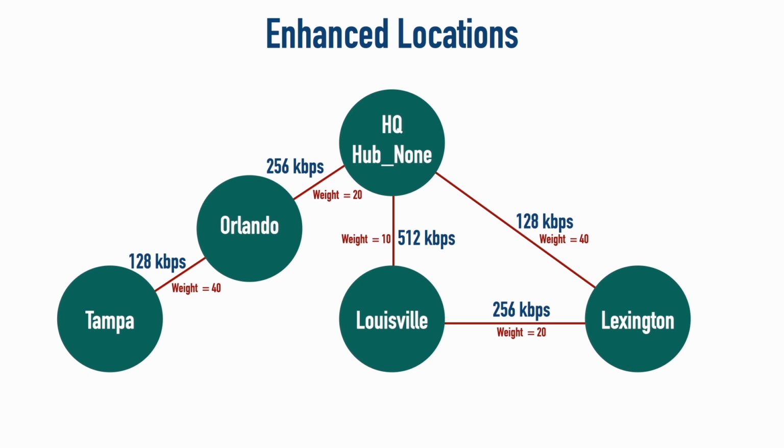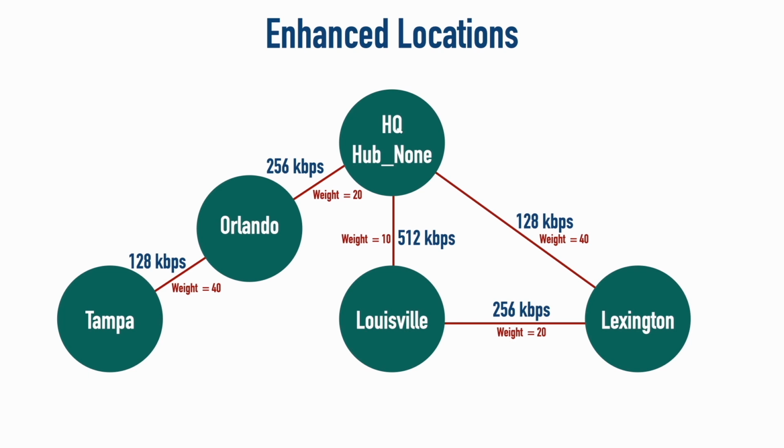And here I'm assigning a weight of 40 to that 128K link between Orlando and Tampa, and a lower, more attractive weight of 20 between Hub None and Orlando. And I won't read the rest out, but you see the higher the bandwidth, the lower the weight. Now, based on this, if I wanted to go from the Hub None location to Lexington, I would look at